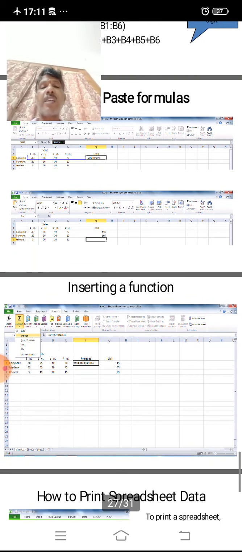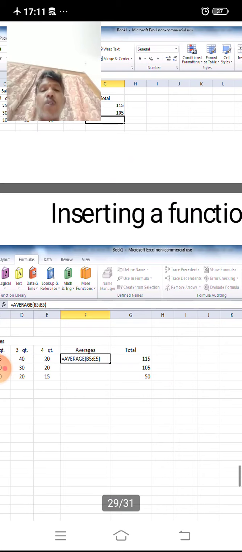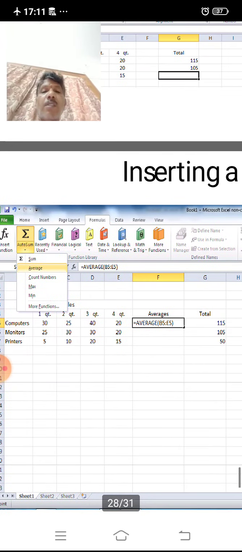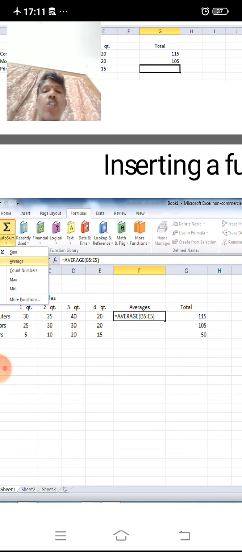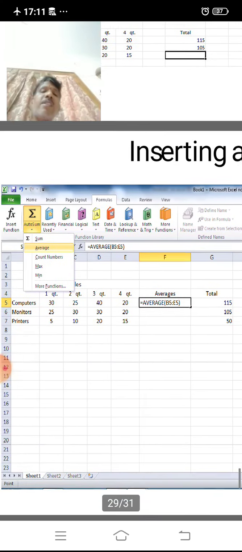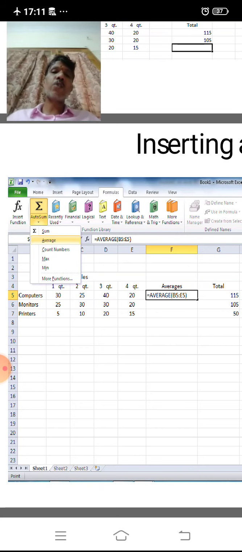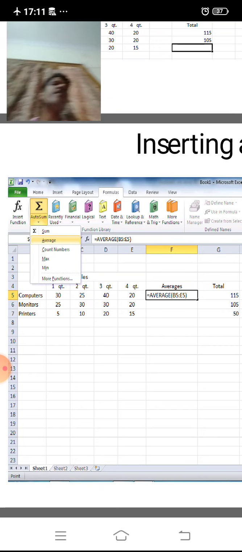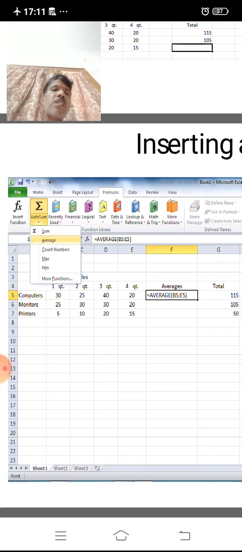Then the user can also use functions, by inserting a function. Here AVERAGE B5 to E5 is there. The average function finds the average of the given data. Generally the average is the sum of the data divided by the number of counts.